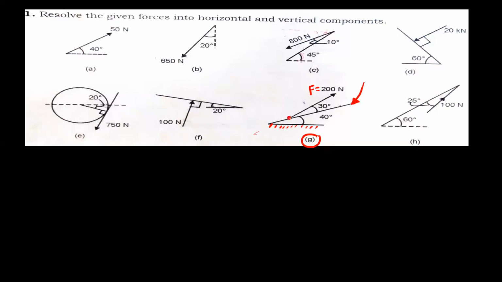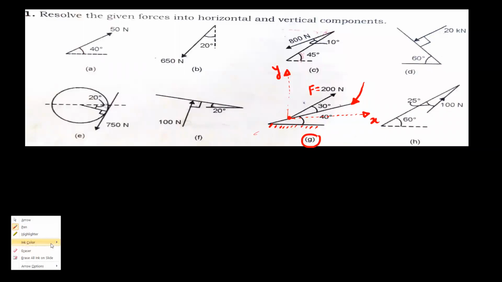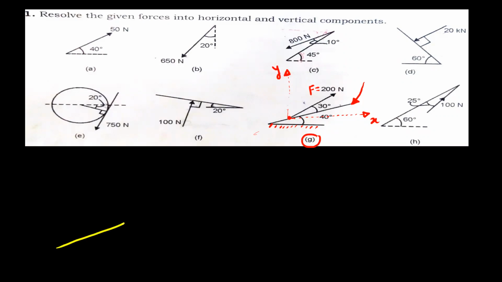So you can consider x-axis. So I will select this point as the origin. From this point, draw the x-axis. So this is our reference axis. And this is the y-axis. So this is the inclined plane. And with respect to ground, this plane is having the angle 40 degree.